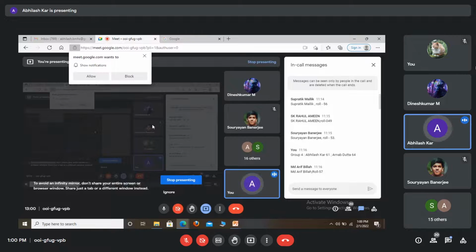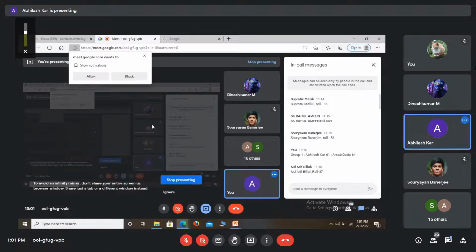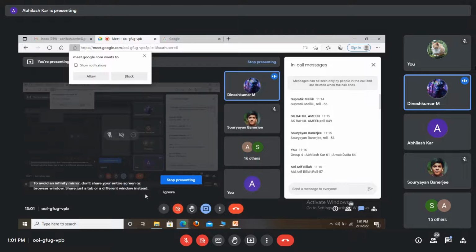Sir, at first, making gears in down milling, and also the T-slot we can make by down milling. Why are we going for down milling instead of up milling? Sorry, sir, I don't know. Okay, fine. Okay, thank you.